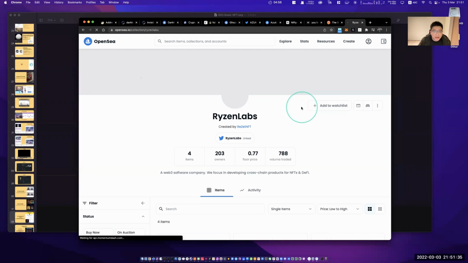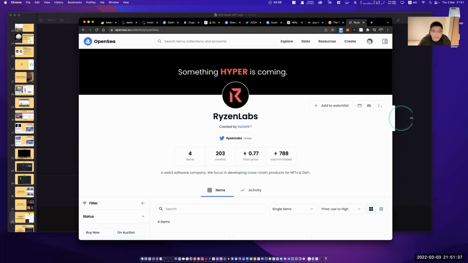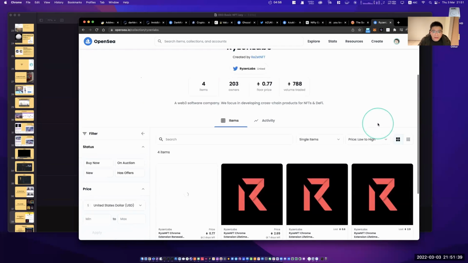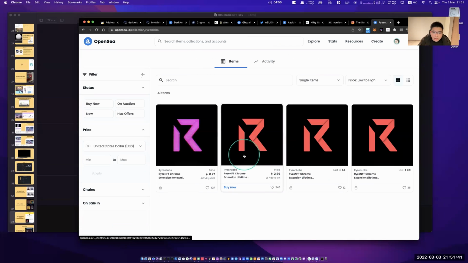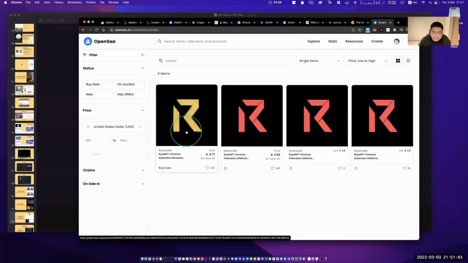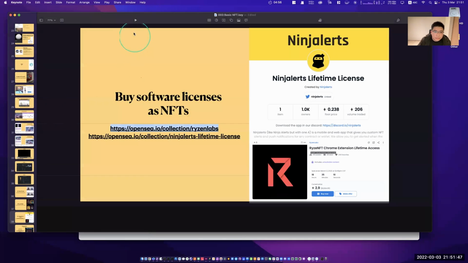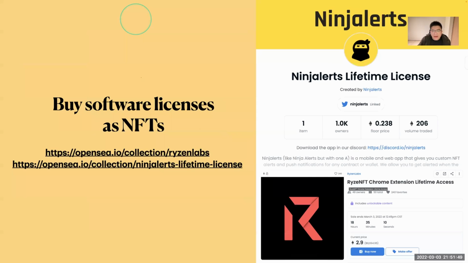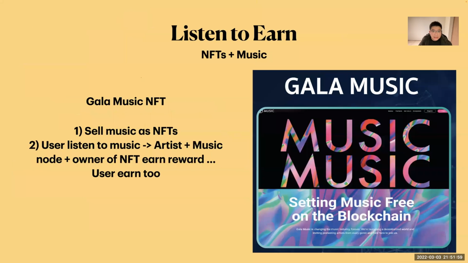You can use the NFT as a software license, maybe a lifetime license, maybe a renewal license. So NFTs right now really have so many utilities that you can bring to the market.